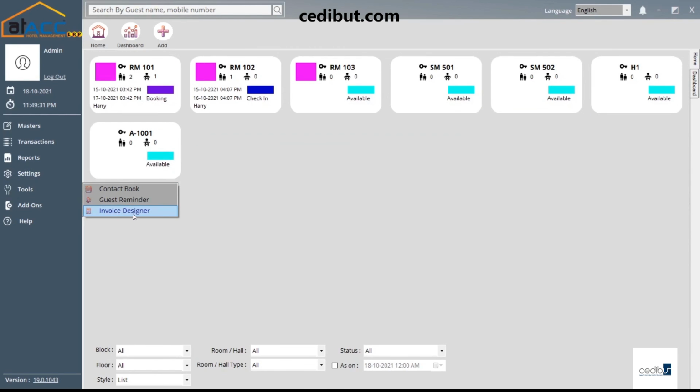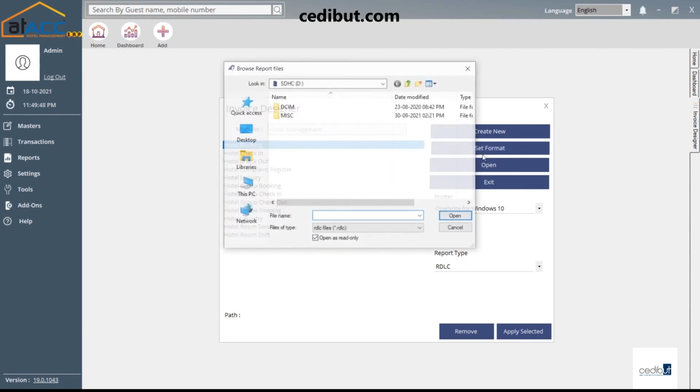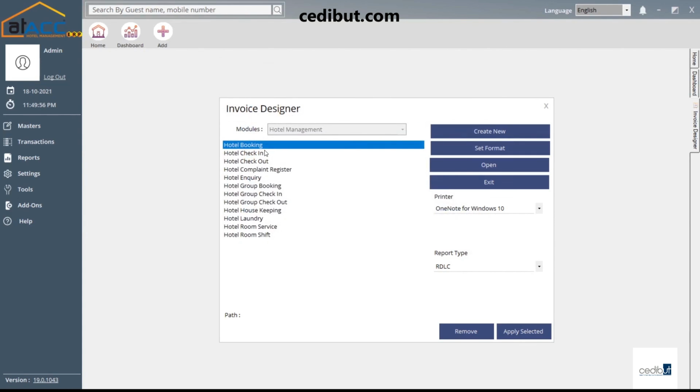And then comes the Invoice Designer. Obviously, you can design the invoices for booking, check-in, checkout, and all the details. You can create a new format. If there are any formats you have predefined, you can set the format using this button. All you have to do is set format, select the format which you have, and then just click open to set that particular format for hotel booking, check-in, checkout, and all the details. Okay,